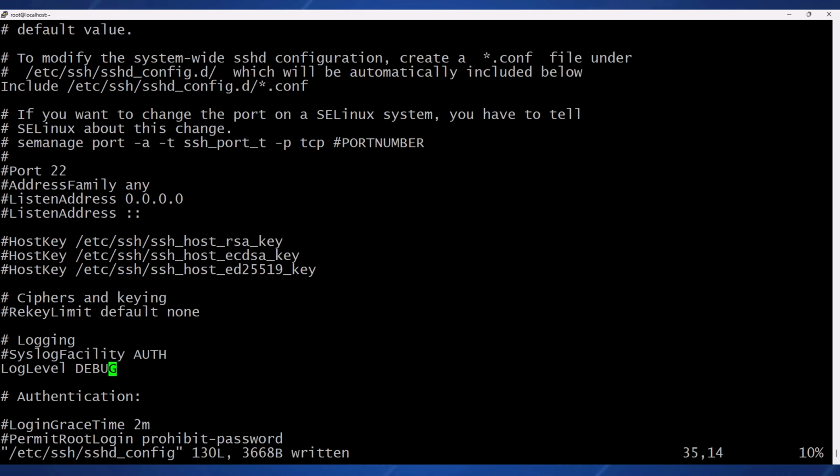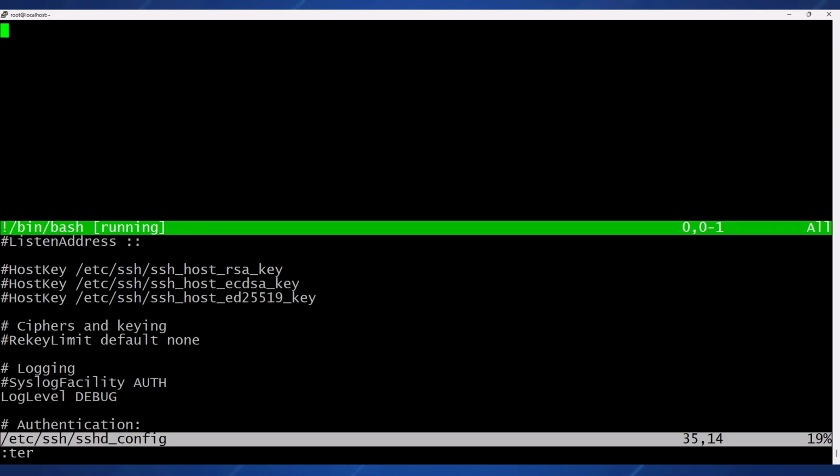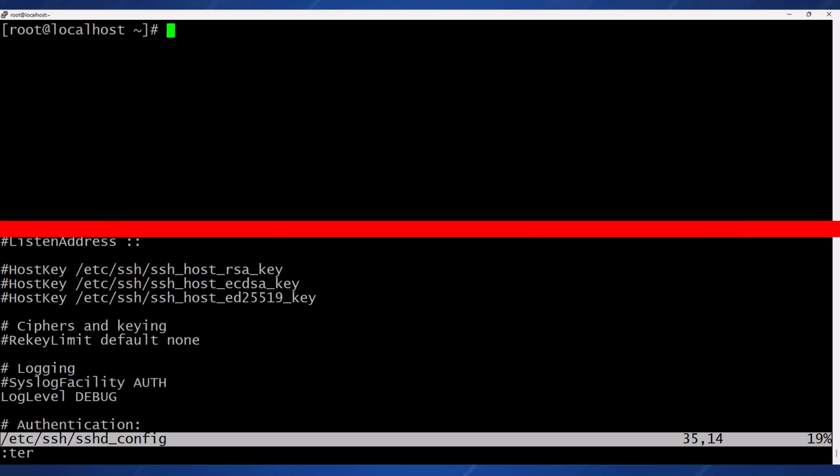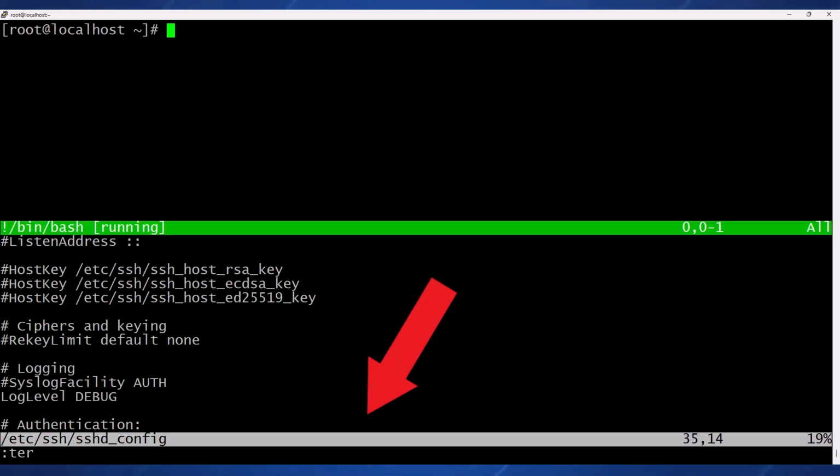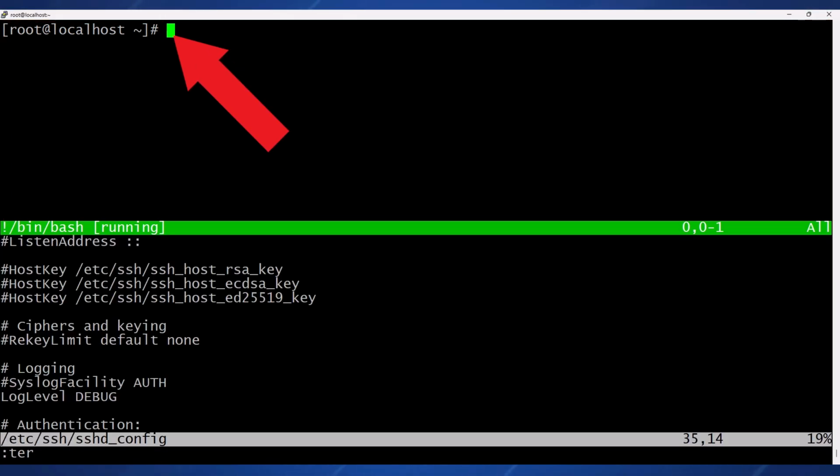Now to open an interactive terminal within Vim, type the command terminal, or ter for short. So a few things happened. Vim did a horizontal split, added status bars for each window, put our new window on top, and moved our cursor up. The great thing is, we are still in Vim, but now we can restart our SSH daemon